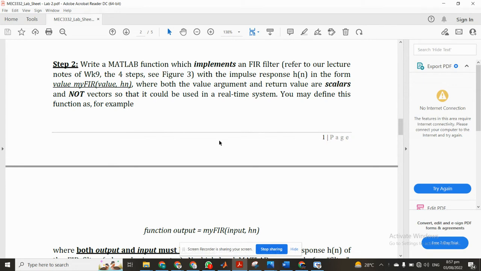In this video, we are resuming our previous video series, Filter Design. In this video, we have to write a MATLAB function which implements an FIR filter, with the impulse response in the form